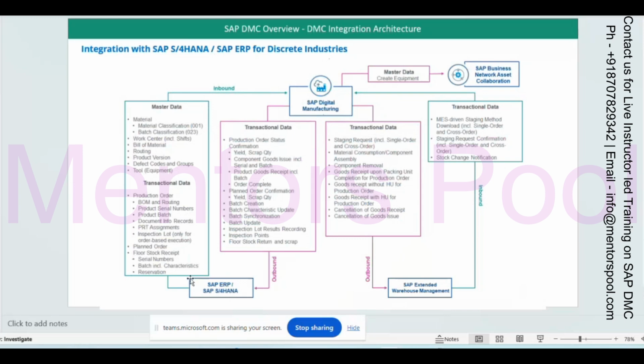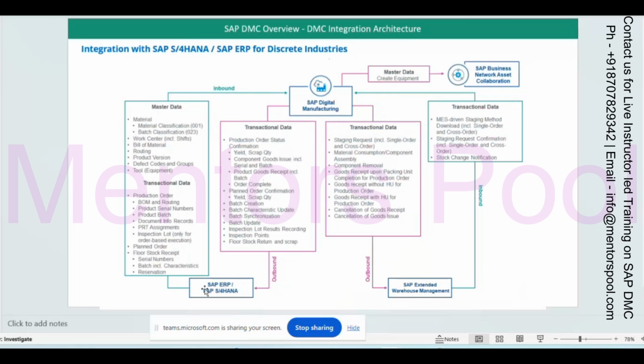So the ERP system will always be in sync. If that production order is completed, DMC will send that confirmation to the ERP system that this particular production order has been completed. So it will mark this as complete in S/4HANA.